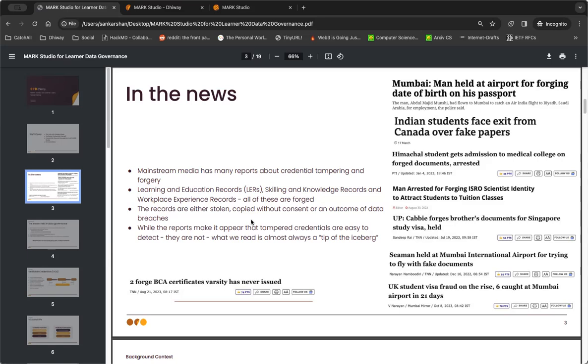really a tip of the iceberg because it's very difficult to detect tampering in the current way of how records are managed, the printed manner. Regardless of how many security features you add to the record, it would always be nearly impossible to check because the person verifying it may not be well versed and trained with all of this, right? So you might be adding 25 different security features to a printed record that you have, but the